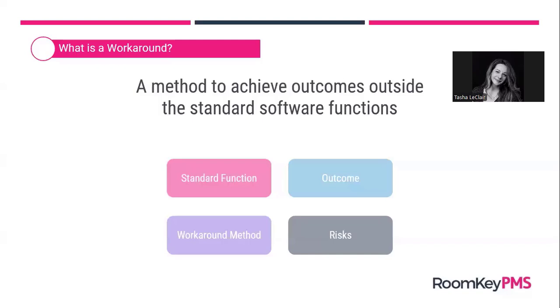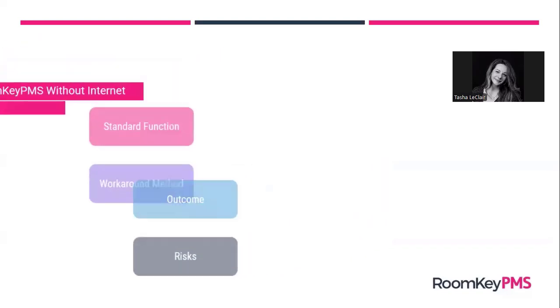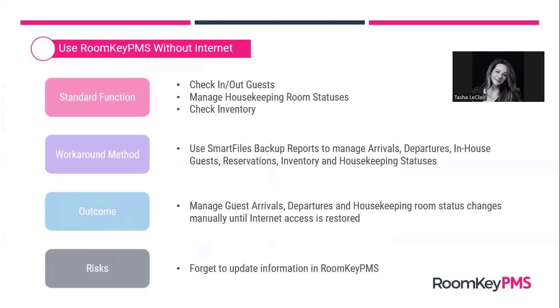So let's get started with our very first workaround method. The first one we're going to look at is how to use RoomKeyPMS without internet. Now, RoomKey does require an internet connection in order to operate its standard functions inside the software. So when you log into RoomKey, at that instant, you do require internet access. But if the internet goes down at your property temporarily, or if you don't have access to the internet,